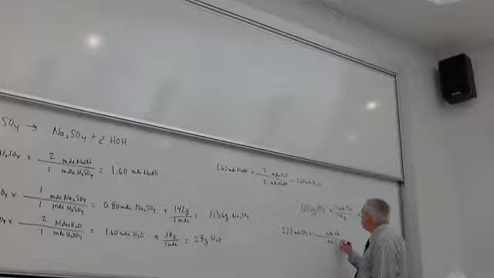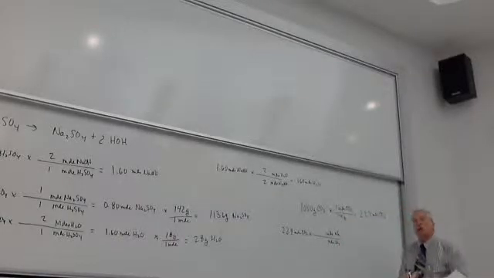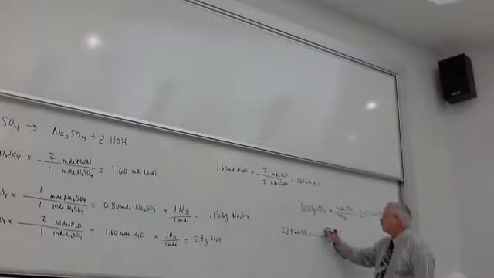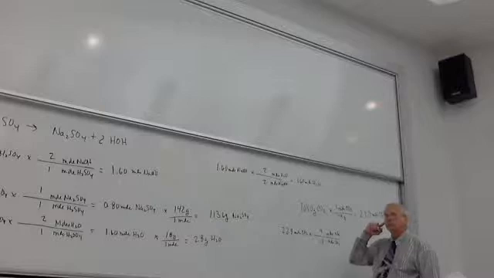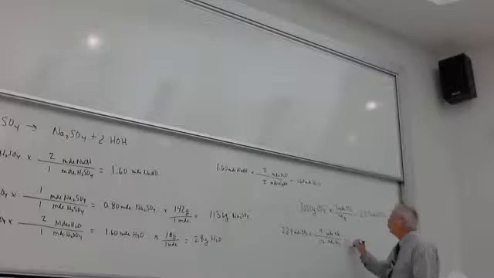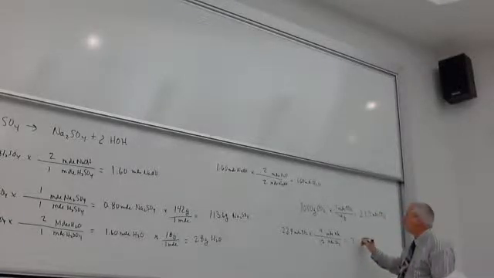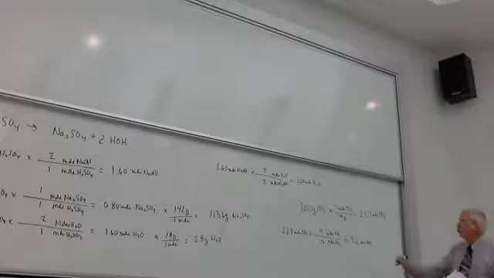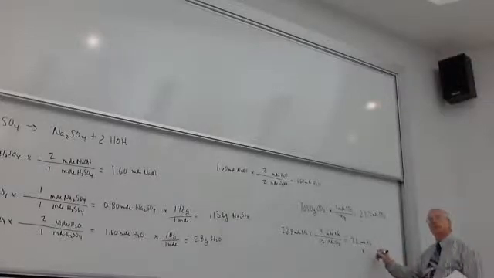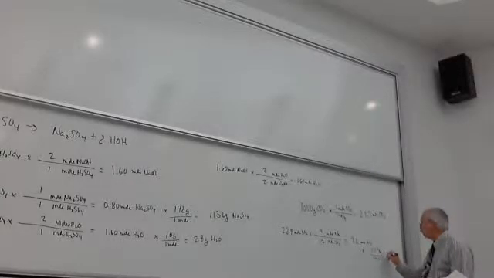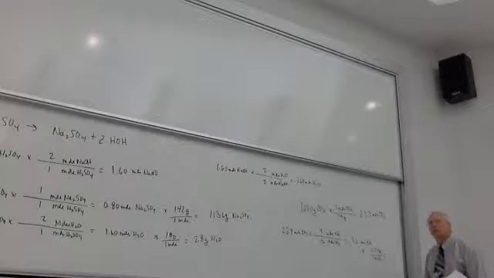I know CO2. So I have to go to my balanced equation and I have to find out what the ratio is for nitroglycerin and carbon dioxide. Was that 4 to 10? 4 to 12. So that's a third, so this is 7.6 moles of nitroglycerin. And it wants grams. So now I have to multiply by the molecular mass of nitroglycerin, which is like 227 grams per mole. And we get